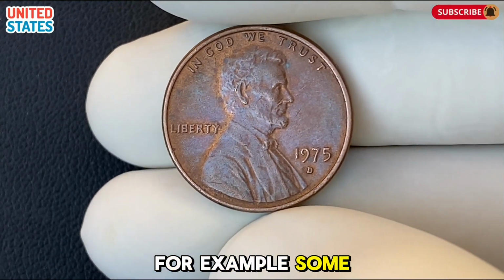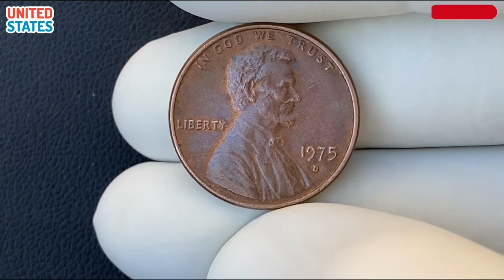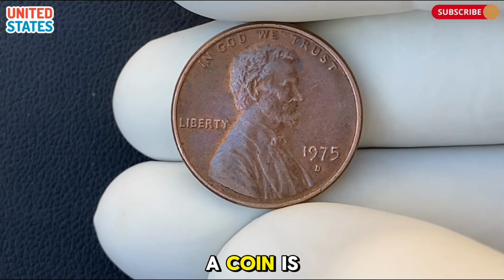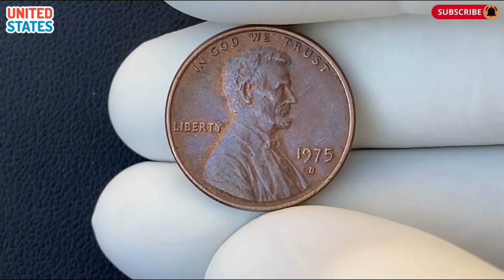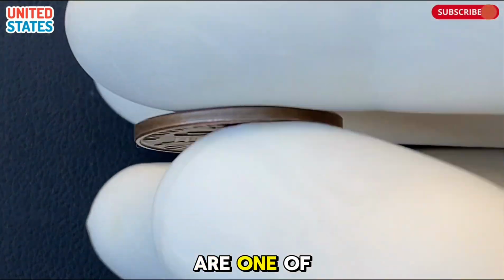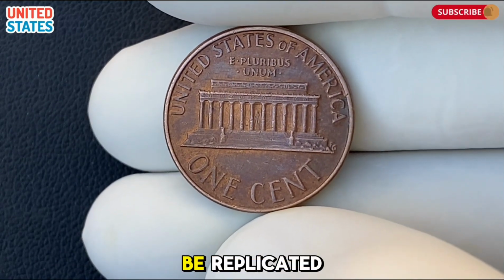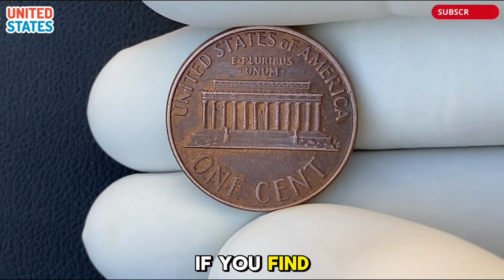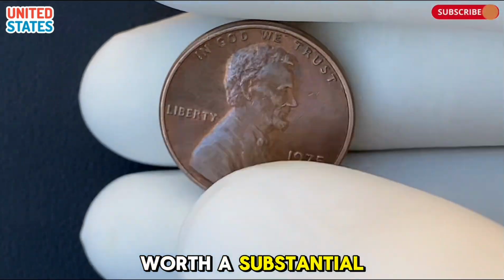For example, some 1975 pennies were struck with a double die error. This occurs when a coin is struck twice, resulting in a doubling of the lettering or design. Double die errors are one of the most sought-after types of coin errors because they are unique and cannot be replicated. If you find a 1975 penny with this kind of error, it could be worth a substantial amount more